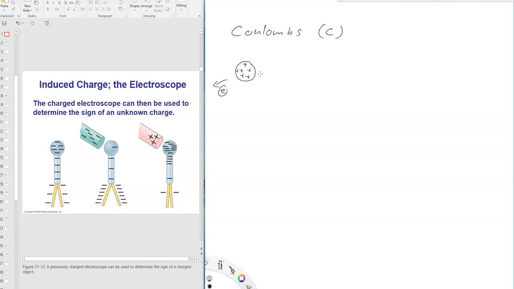We can either remove electrons from it, or let's say here's another one, a neutral sphere, and you add electrons into it. You're adding, now it's become negatively charged. If you add electrons, objects become negative. If you remove electrons, it becomes positive. You might wonder, why can't we do the same thing with protons? You can,